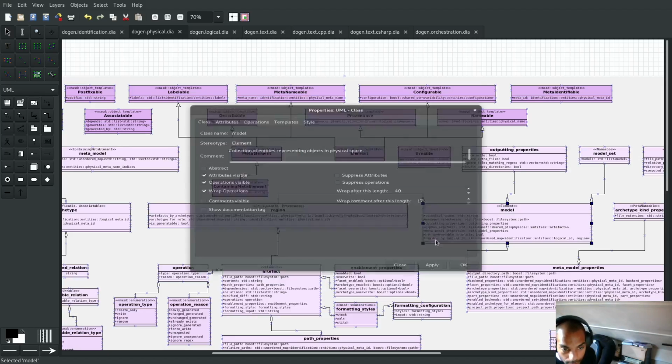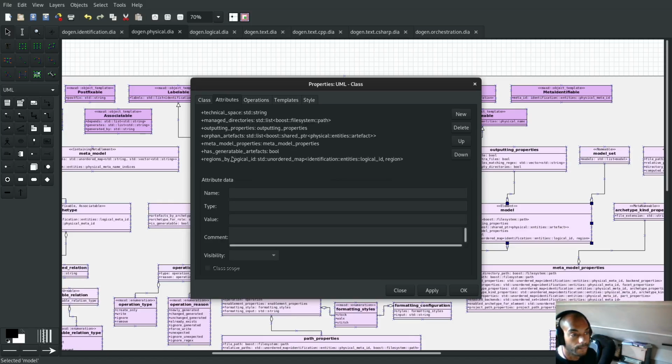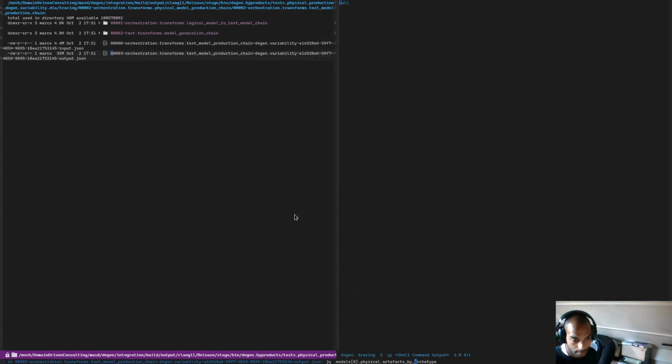The physical model has regions by logical ID. Right, so what we really wanted to say is something like, please give me the regions by logical ID, and then I just want the first item of the regions, and then of the items of the region I want the artifacts by archetype, and that also I want the first. So hopefully